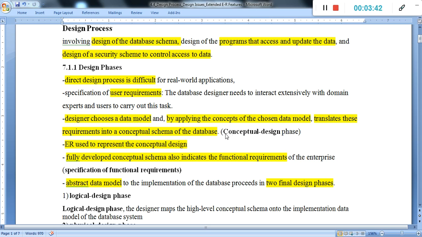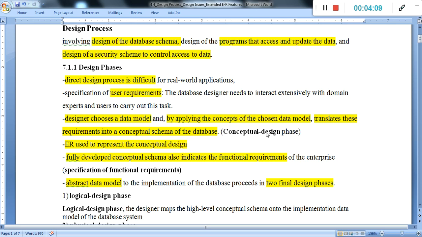That one is, we can say, the conceptual design phase. In the design process, the conceptual design comes from the requirement, and we put that requirement into the particular data model, and it gives us a conceptual design of a database. That is the conceptual design phase. Next, ER is used to represent the conceptual design.